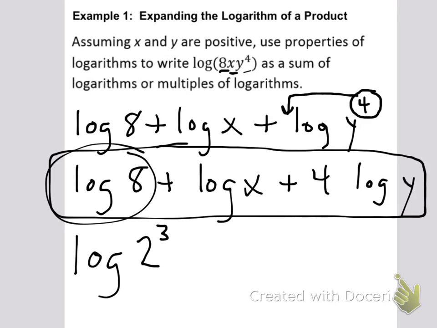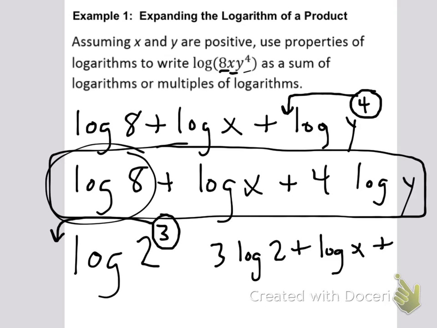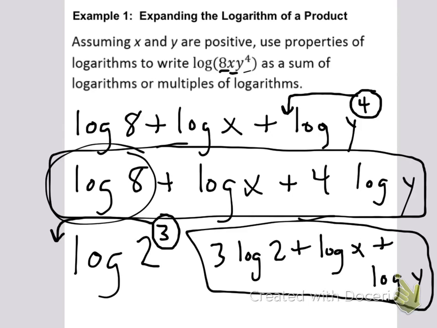Okay? So I can change 8 to 2 to the third power. Now, what does that mean? That means I have an exponent. I have a property to use. So now that 3 is going to go out front. Now my final answer would be 3 log 2 plus log x plus log y. So, in the scenario where you are doing the properties, if you have a number inside the log that you can break down further, so 8 can break down to 2 to the third,